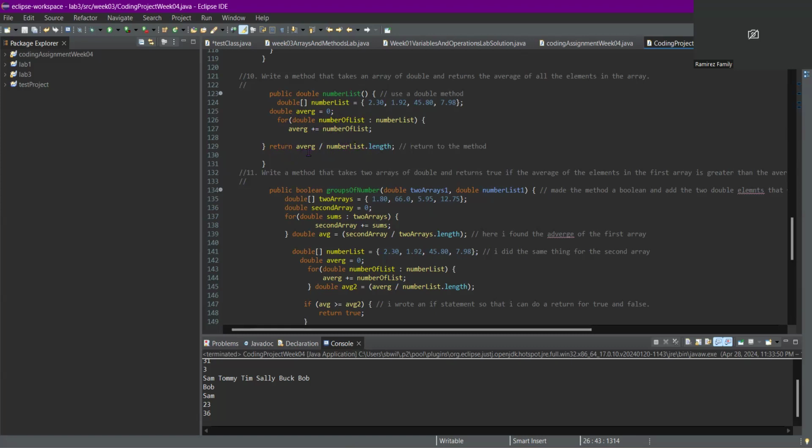So this is where we return this to go back up here, because it will take these numbers and return it, and it should print out the